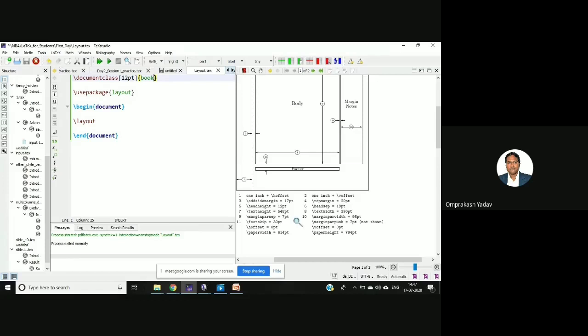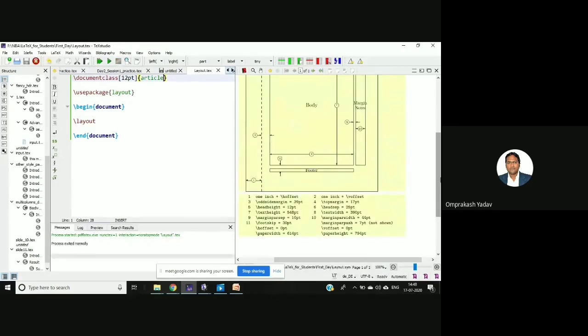So normally the university also mentions the same thing for the report and all, and it will just send you as an instruction. But if a little bit changes here and there, you can always set that. If we change this to article, okay.